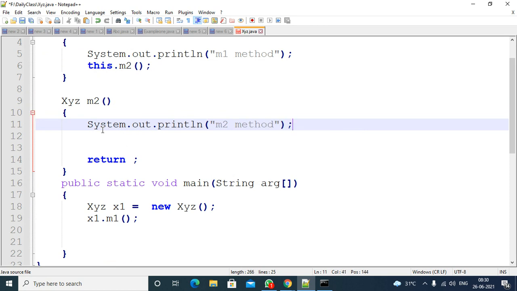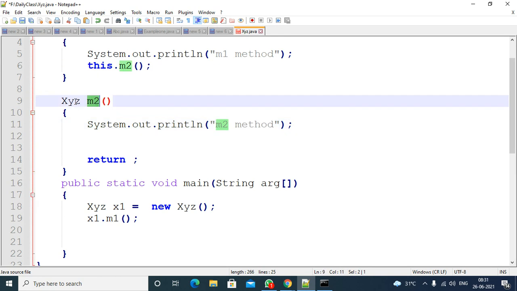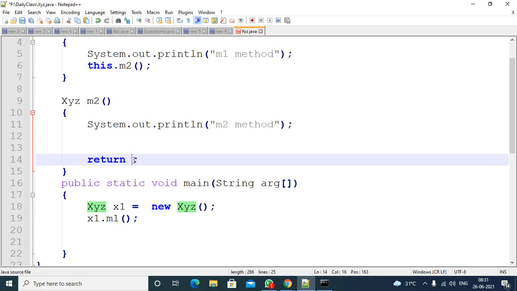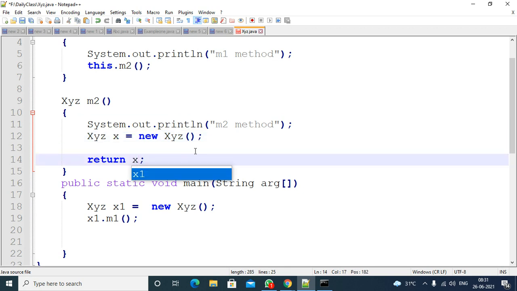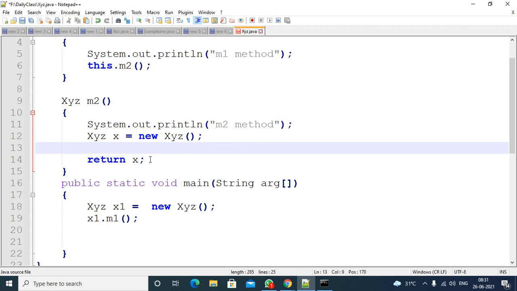In the m2 method, this line is printed. After that, the m2 method has to return an XYZ object. That means you need to create an object here of the XYZ class, XYZ x equal to new XYZ, and you need to return this variable x here. So if you return this variable, then this is completed.